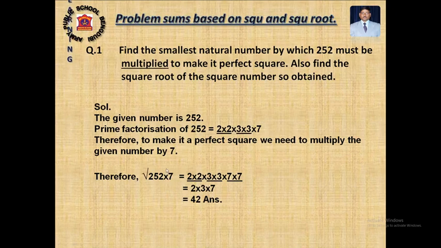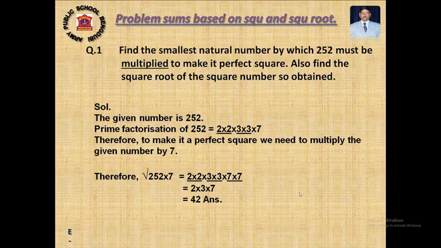Okay, so when we multiply it, the number will be increased. After increasing, we have to find out the root of the perfect square number. So then we will have the pair of 2, pair of 3, and pair of 7. One 7 I am supplying here. So when the root sign is removed, I will be getting 1 2, 1 3, and 1 7. What is the total result? 42 is the answer. So after multiplying it by 7, I will be getting a perfect square number, and when we find the root of the perfect square number, it will be 42.